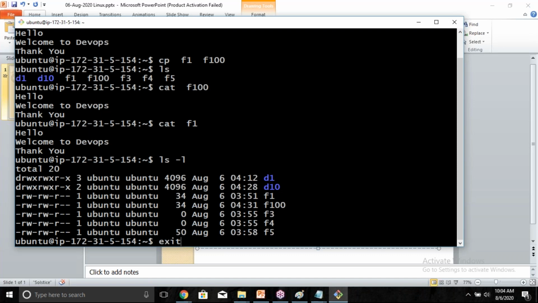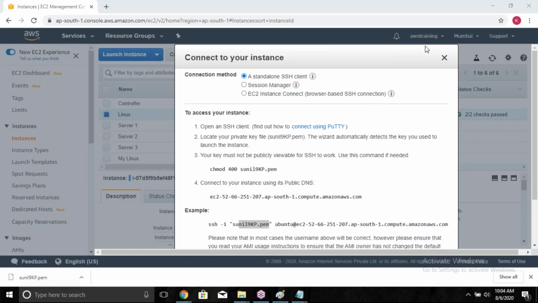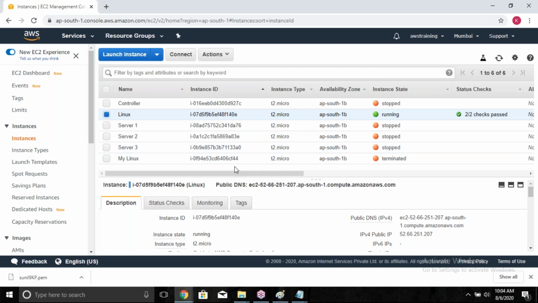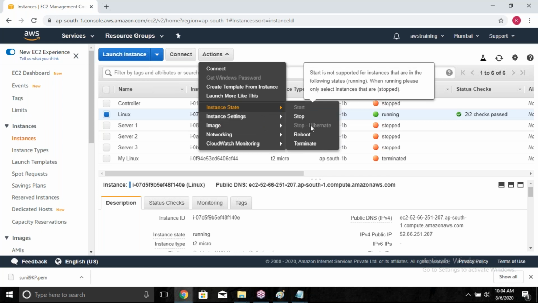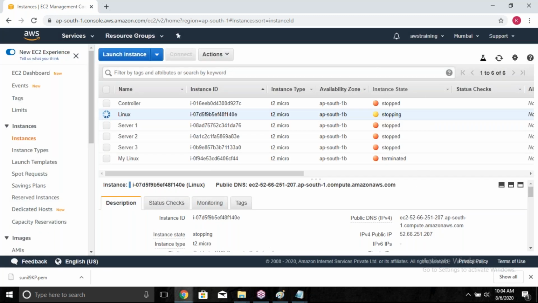One minute. Once you finish practicing, what you need to do is disconnect from that Linux machine, and then don't sign out while the machine is in running state. As we already discussed in the last session, you need to stop the machine. It just takes 1 minute for the machine to get stopped. Only after stopping, then you need to sign out. Don't directly sign out when the machine is in running state. Clear?